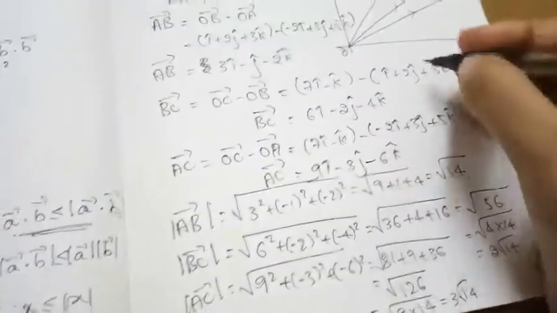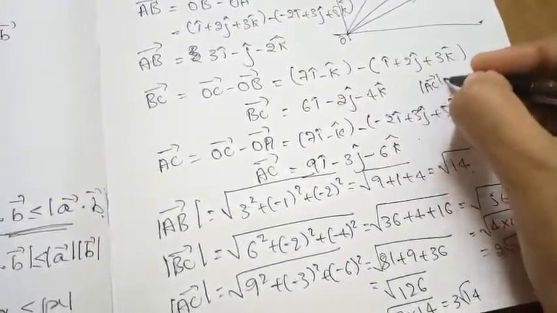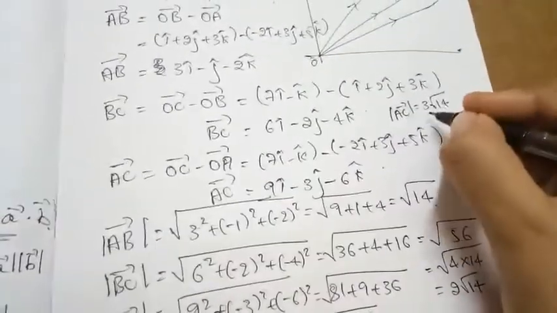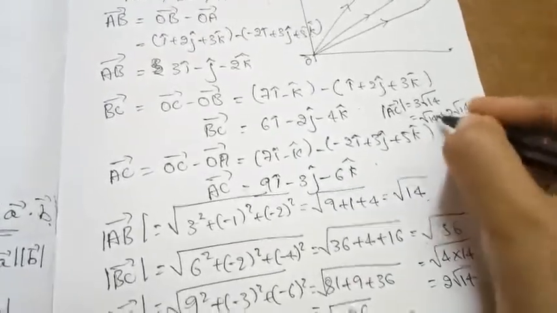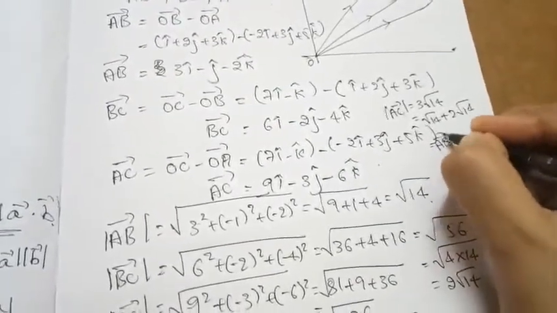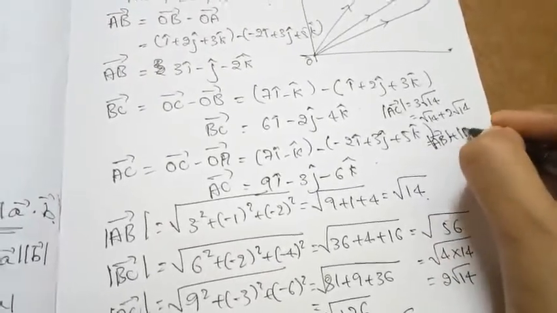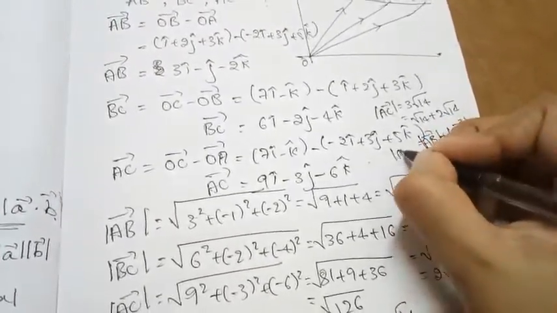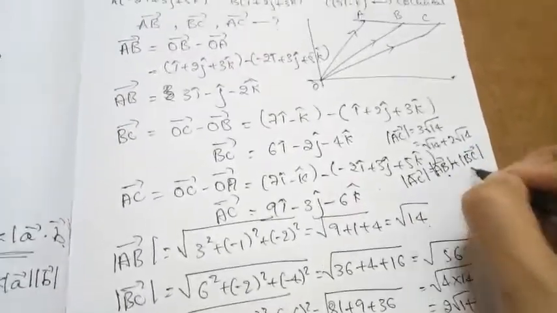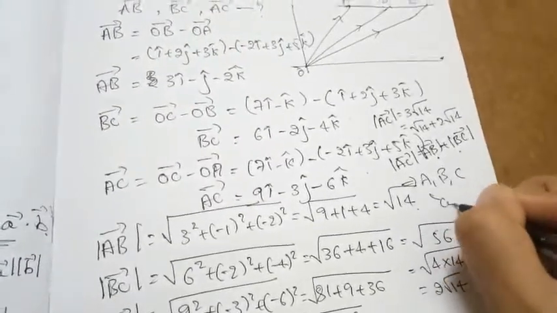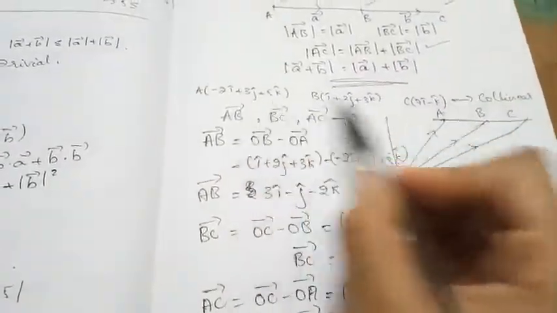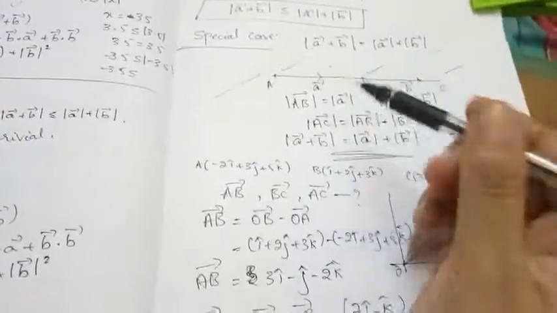Now you can see clearly that the magnitude of vector AC is 3 root 14, which can be written as root 14 plus 2 root 14, where root 14 is nothing but the magnitude of vector AB and 2 root 14 is nothing but the magnitude of vector BC. So clearly, the magnitude of AC is equal to the magnitude of AB plus the magnitude of BC. This implies our points A, B, C are collinear. So this is how we solve problems based on the special case of triangular inequality, depending upon the collinearity